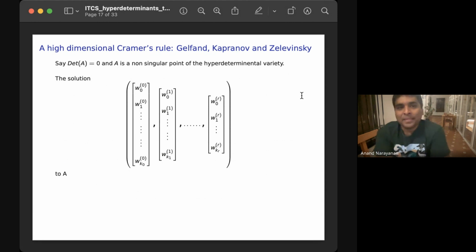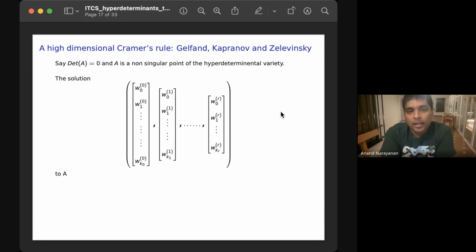So don't worry. It essentially says that the determinant of A being equal to 0 says there is a solution. And the second constraint says there is just one solution. Okay, so don't worry about it. So I can give this unique solution a name, which I've done here by writing it as a bunch of